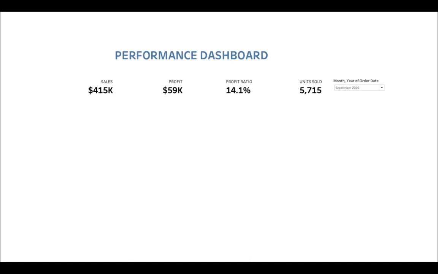And it looks neat and tidy: keep the KPI name at the top in a small font in light color, and the value in bold, double the font size of the KPI name, with good white space in between all the KPIs, and then you can put a filter if required.